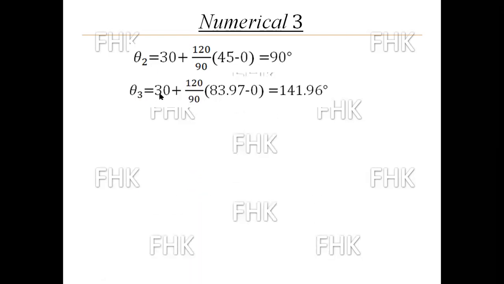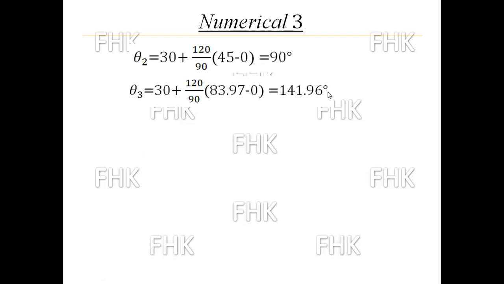And for theta 3, this value and this value will be the same, only x at 3 changes. I am taking x3 as 83.97 minus x starting, which is 0, and I am getting theta 3